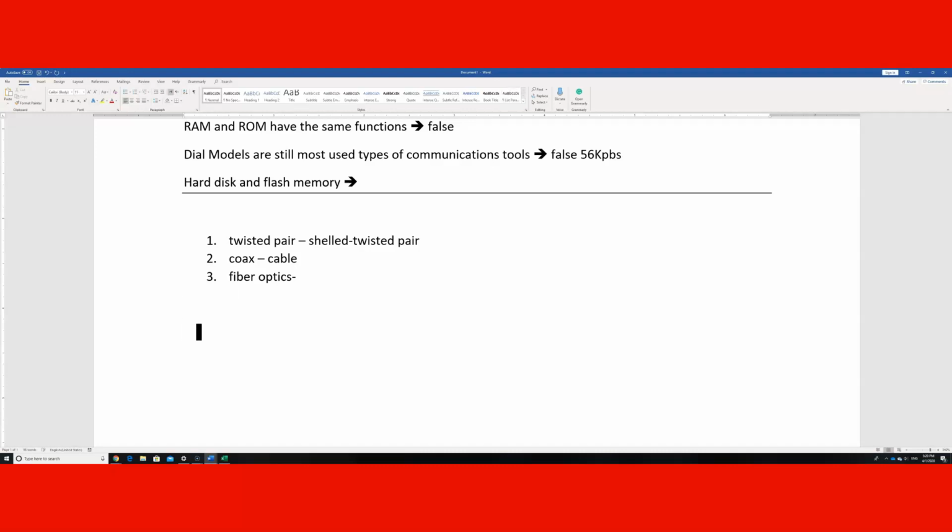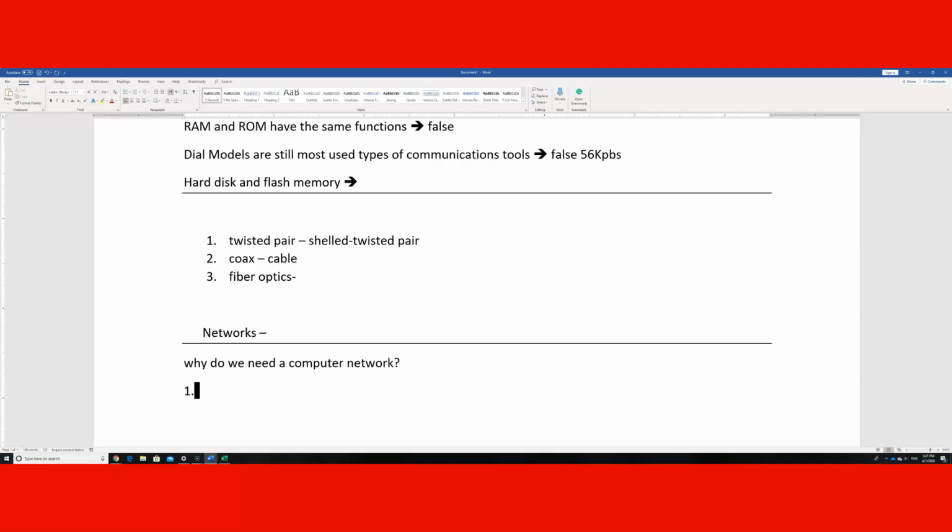Then, if we want to discuss computer networks in general, we need to understand there is more beside the technical side, which is why do we need a computer network? We need a computer network because we need to have the ability to share and to communicate better, communicate better with other people over distance. The second is to share resources,